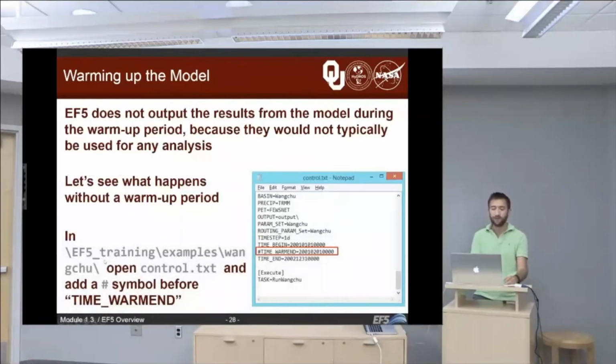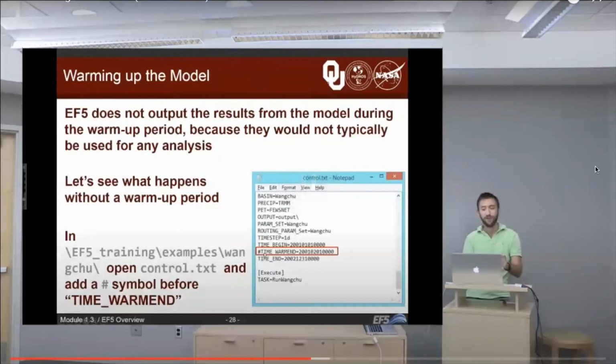I'm going to do this right now, but if you want, you can go into the Wangju example, open the control.txt file, and add a hashtag, or as the older generations now call it, a #, and add that hashtag right in before time warm end. And that turns that line into a comment, which means that EF5 is going to read right past it. It's going to ignore it. So now EF5 thinks there's no